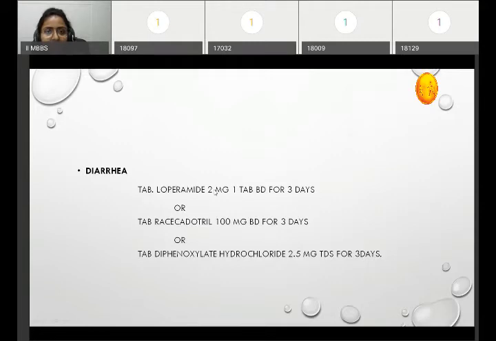So in single drug therapy, you have to write at least one drug that helps to immediately decrease the stool frequency. So this group of drugs are included as anti-motility drugs. For example, the first one is loperamide. So what is this loperamide? It is an anti-motility drug. Why is it called so? Because it is an opioid receptor agonist, that is a mu opioid receptor agonist.